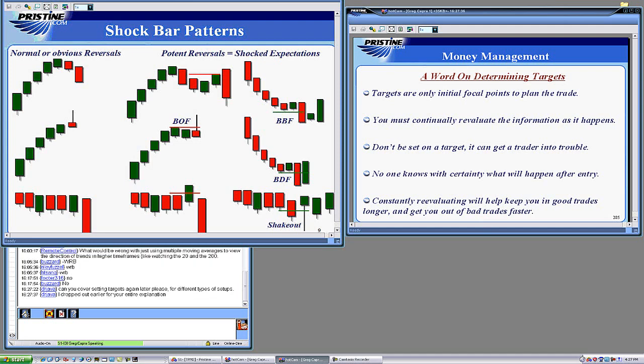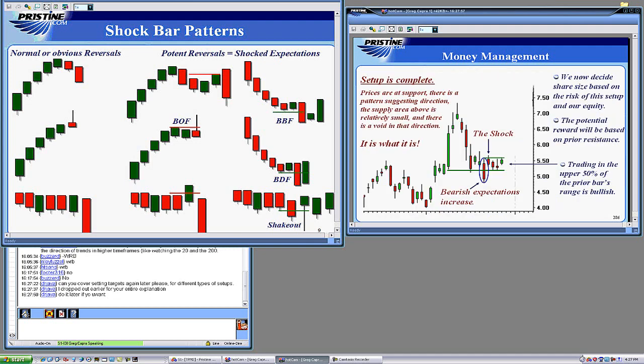Okay, sure. We can go back and look at it. We could look at some examples and explanation. Well, here's the idea with the targets as we go through